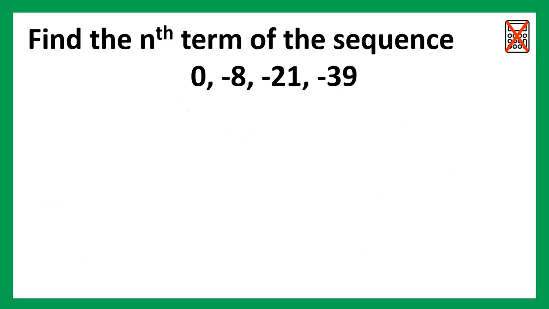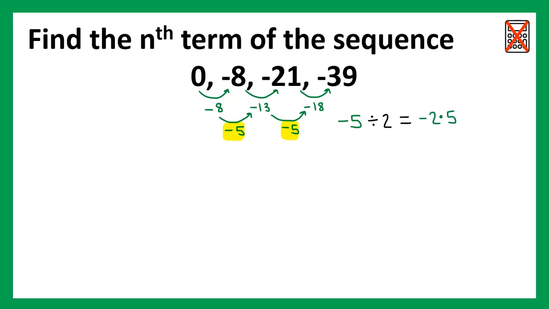On to the advanced question, one of the trickier questions that you're likely to find on this topic. My first differences are not constant, however my second differences are. Therefore this is a quadratic sequence which I need to find the nth term of. Take my second difference and divide by 2, meaning my nth term involves negative 5 over 2 n squared, or